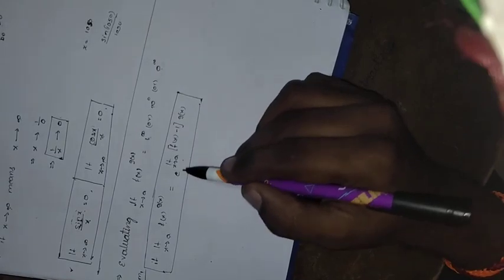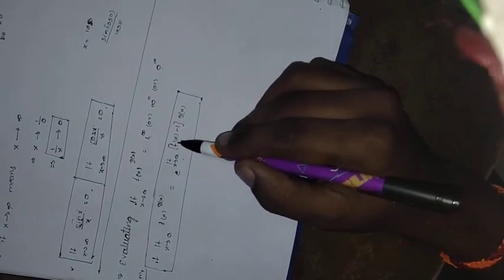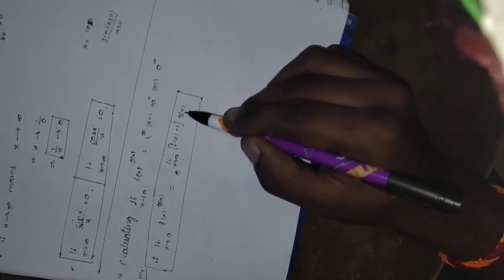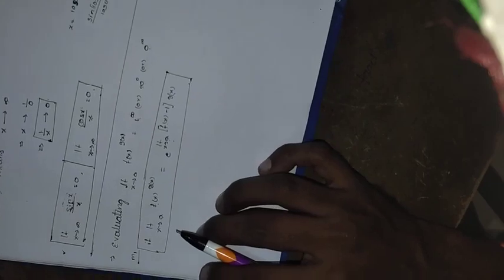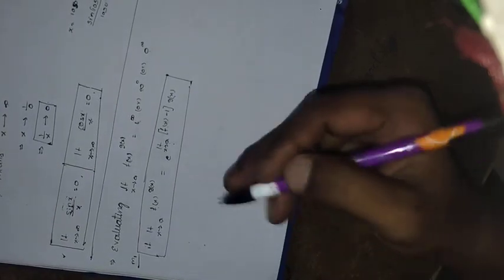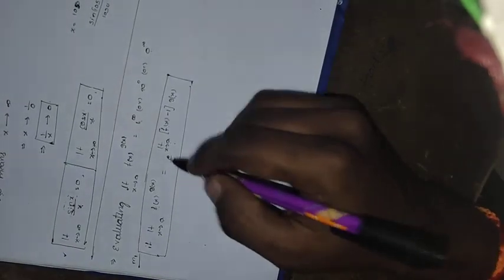definitely we have to take it like this, e power limit x tends to a, f of x minus 1 into g of x. This is one of the models. There are more than two models, but this is the easiest one to apply. Okay, this is the basic information about these two methods. Let's see the solutions.